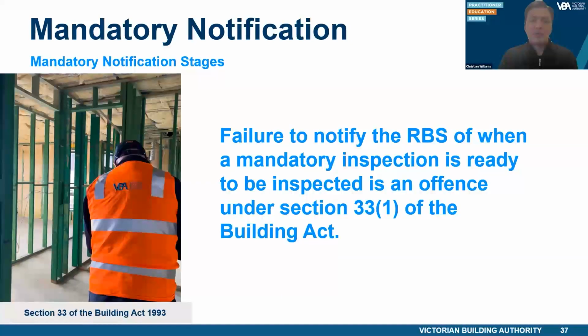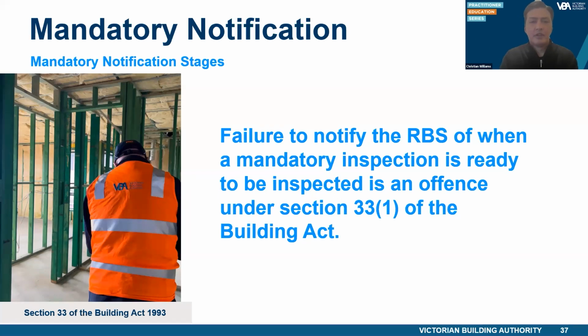If the RBS has not been notified and therefore has not carried out an inspection, and the building work has progressed to a point where a final inspection needs to be conducted, the RBS may require the builders to remove or demolish certain parts of the building in order for the RBS or inspector to be able to inspect the work. This could impose substantial costs on the builder and delays to the building project, and also affect the owner who was expecting to have their building handed over at a certain point in time.